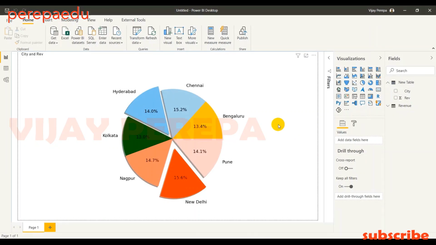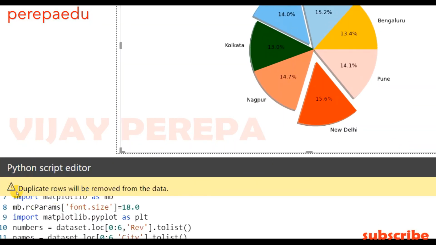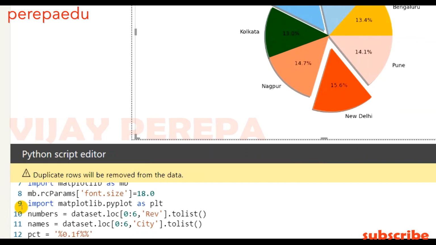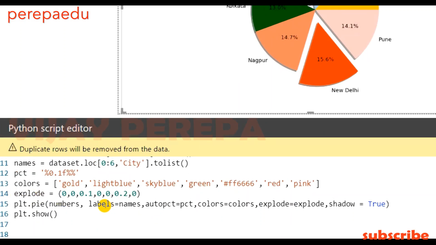And finally, I want to bring the numbers on the chart instead of the percentages. Initially, I converted all the numbers into 100% and distributed that 100% among the slices. Now I need to reverse that. I need to bring back the number, and that number has to be multiplied by each percentage so that the respective numbers will be coming on the slices. For that, let me get into the variable PCT. I'm not going to change this AutoPCT, only PCT. Only the definition, the value, will be changed here.